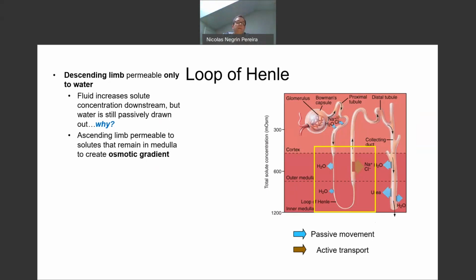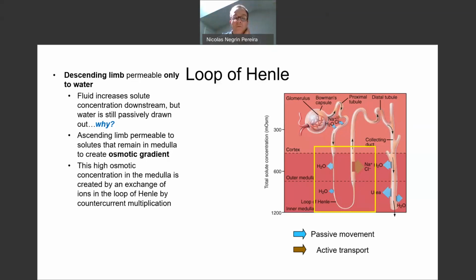So in the ascending limb, on the contrary, it's only permeable to solutes, and that happens by active transport. Now we are talking about solutes like sodium and chloride being actively drawn from the fluid into the medulla of the kidney, the outer and the inner medulla, and that contributes to the formation of this gradient by a countercurrent mechanism that is so important for water reabsorption and